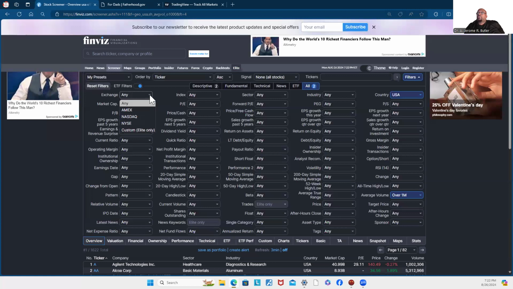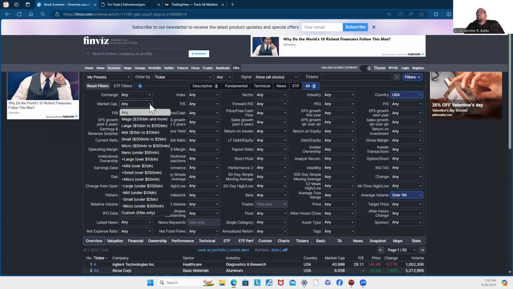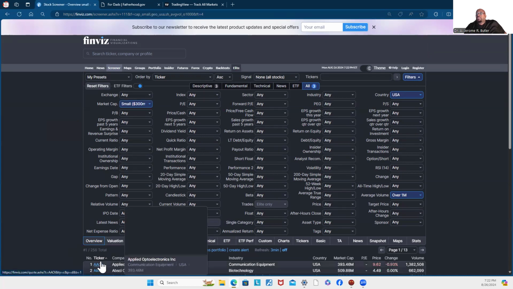We can quantify which exchange we want; we're working all the exchanges. And this is what we were trying to get to: market cap. Do we want large, small, or medium caps? Keep in mind, it's going to depend on the volume and what you're looking at. Mega, mid, and so on. But for our trading, we're going to look at small caps, 300 million to 2 billion, and that drops us down again to